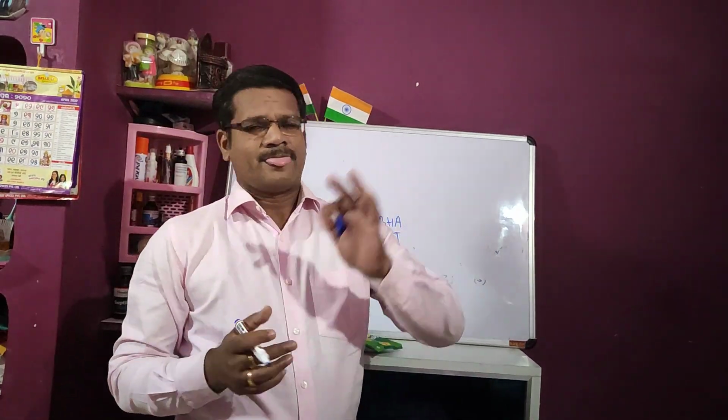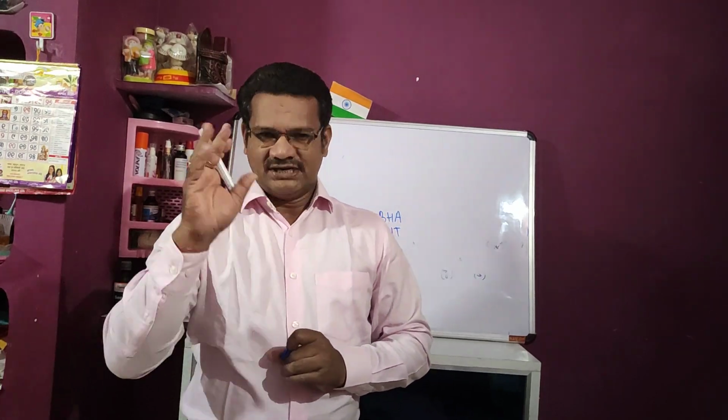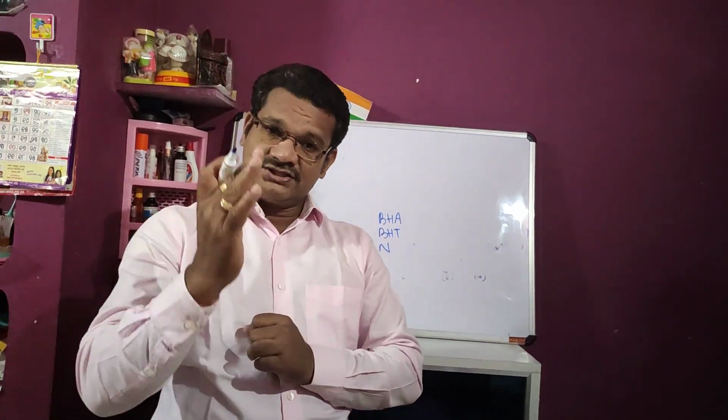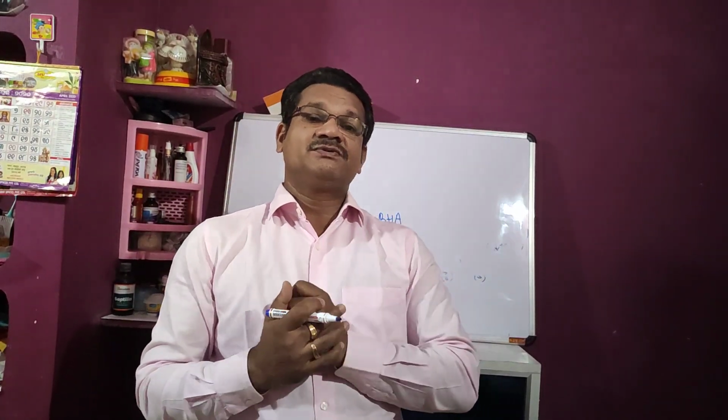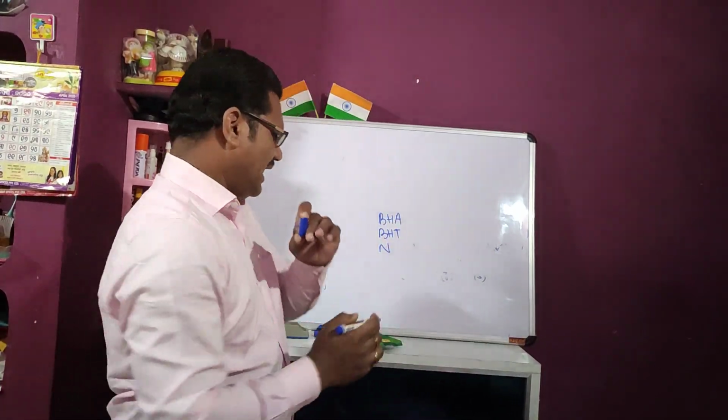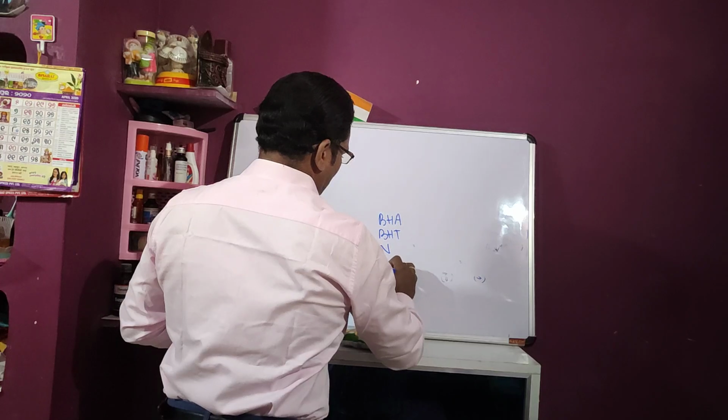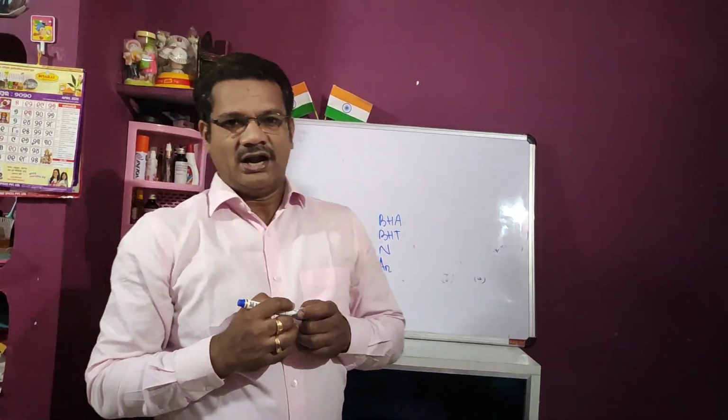Yes, we all know electric bulbs are filled with a gas. Can you say what that gas is? That is argon. Why is argon there? That is also an antioxidant, because the filament will get burned, get oxidized. That is why it has been filled with argon to prevent it from oxidation. So argon is also an antioxidant.